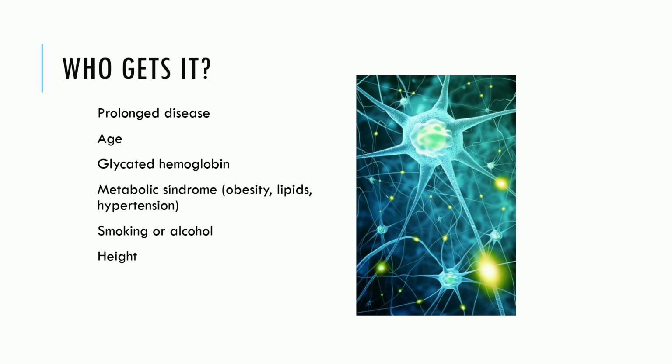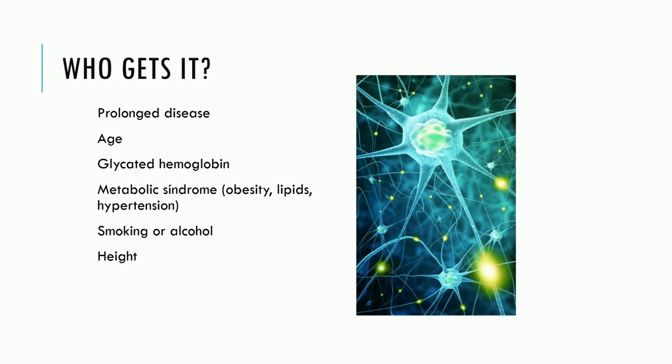Of course, the level of glycated hemoglobin is one of the main parameters of good or bad glucose control in our patients with diabetes. So a good level of glycated hemoglobin protects our patients. A bad level, a very high level, a level that is 7% or higher, is of course a risk factor